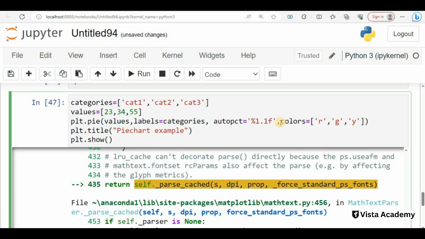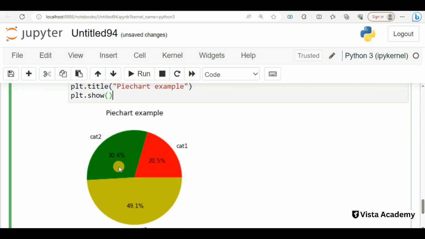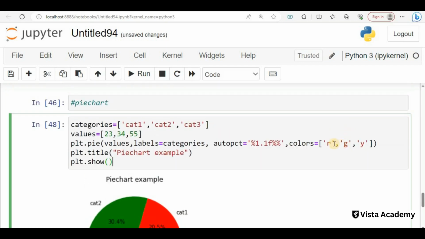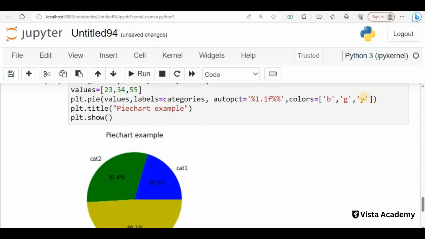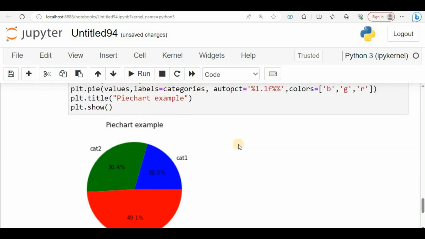So again we will put the percentage here, and now we will be able to create the chart. This command is basically for converting the values into percentages and creating a chart. We can even change the color also, like I will take blue here, so it will be blue, and here I will put red. So now we have this pie chart example.